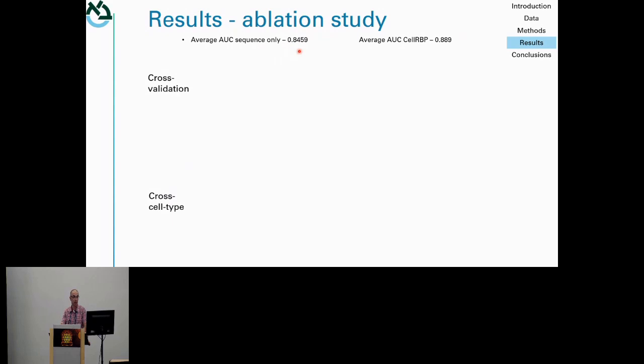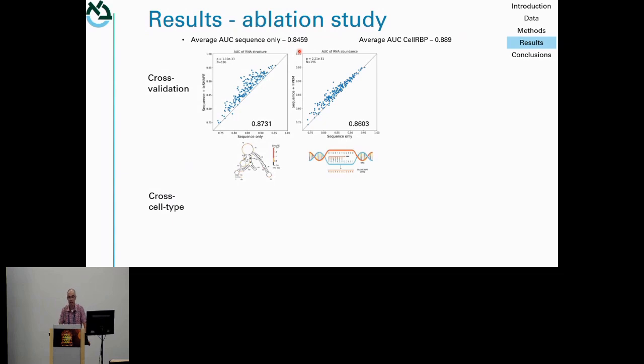No extra features, cellular features. The biggest contribution was from the icSHAPE measurements, the experimentally measured structure, which brought us to 0.87. RNA abundance was the next most informative feature that brought us to 0.86, and the region type was the least significant feature. Still, it was nice to see that all of the features contributed significantly, and that the combination of all features got us to 0.89, meaning they provide orthogonal sources of information.